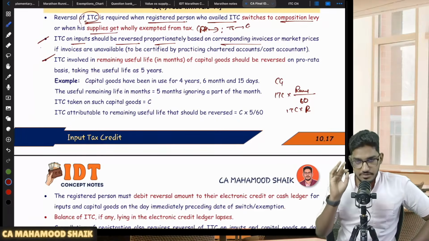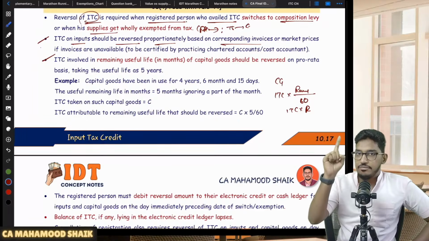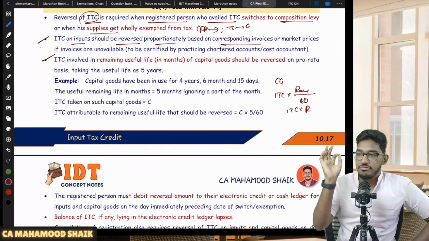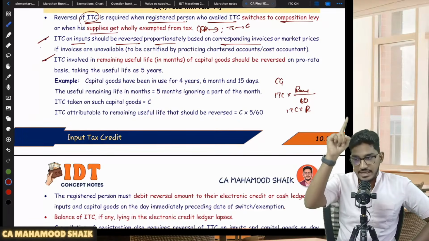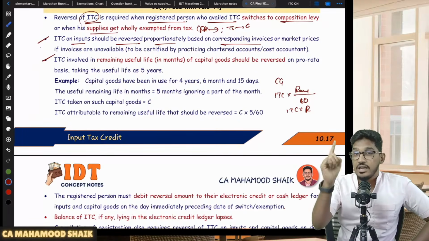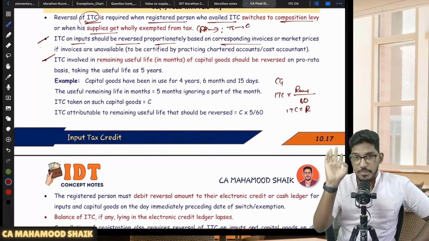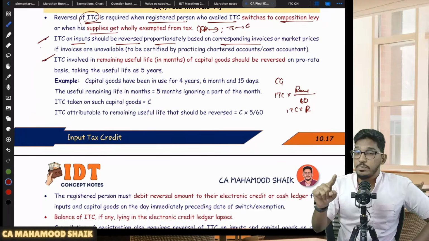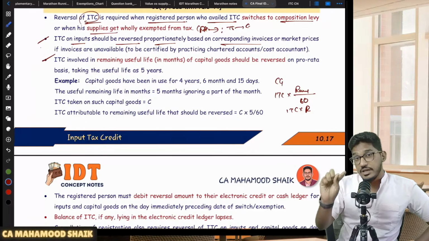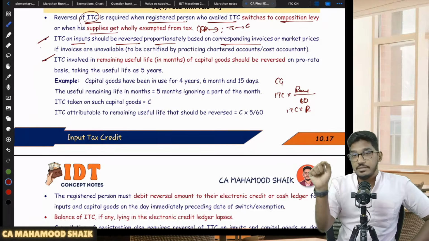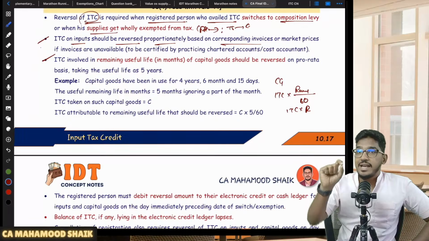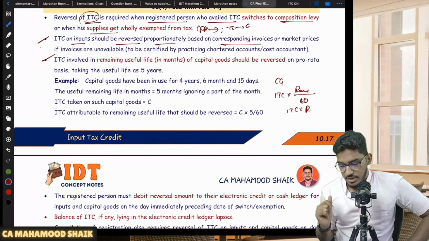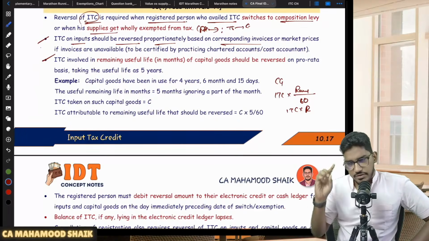Okay, the point I want you all to concentrate on here is, for availing ITC on capital goods in 18 subsection 1, how to calculate reduced ITC? Reduced ITC by 5% per quarter or part thereof. When you are required to reverse ITC under 18 subsection 4, there also you are required to pay reduced ITC only. How to calculate reduced ITC on reversal? Take useful life as 60 months, determine the remaining useful life, and calculate the ITC attributable for the remaining useful life. Important, my dear students. If you have attended the ITC class carefully, this point will immediately strike.